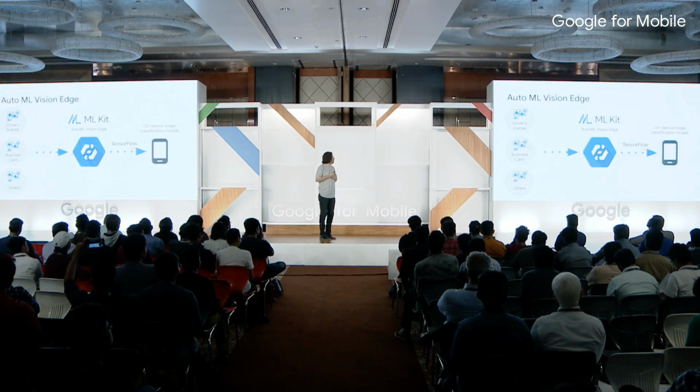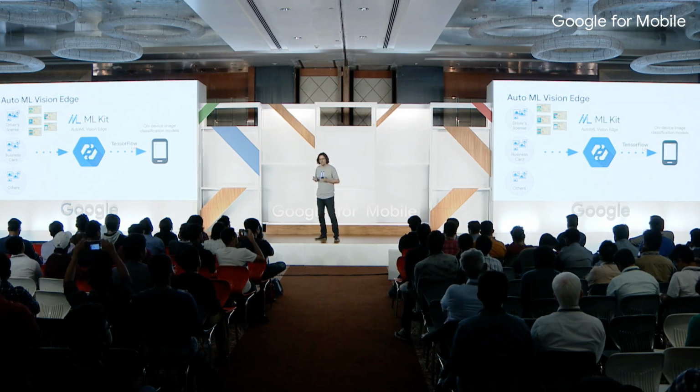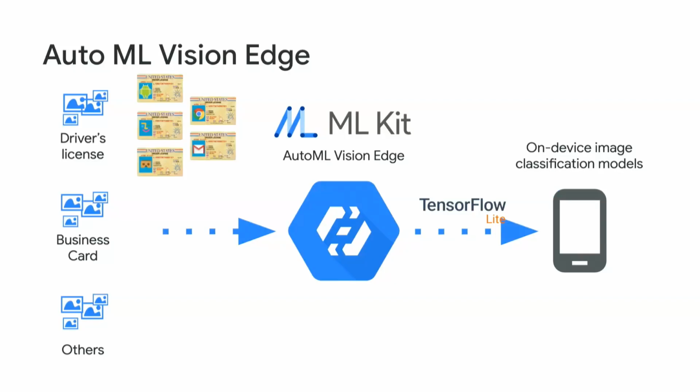When we were training the model, we provided a couple of examples of driver licenses. But typically when you do that, you put them nicely on a piece of paper, you take a picture, there's nothing in the background, right? It looks all great. And then you train it. So the model is now trained for driver licenses on a white background. However, in the real world, that doesn't really happen. You throw it on the bed, there's a couple of items around it. It's not ideal. So the model takes all this information that's in the background into account, and it won't perform as well.